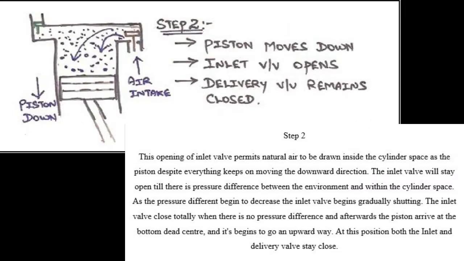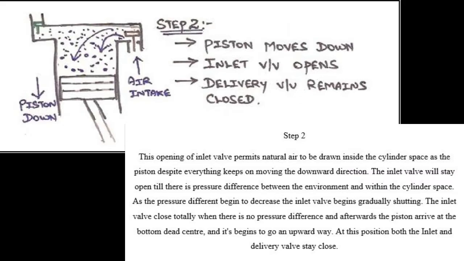This opening of the inlet valve permits natural air to be drawn inside the cylinder space as the piston keeps on moving in the downward direction. The inlet valve will stay open as long as there is a pressure difference between the environment and the cylinder space. As the pressure difference begins to decrease, the inlet valve begins gradually shutting. The inlet valve closes totally when there is no pressure difference, and afterward, the piston arrives at bottom dead center,